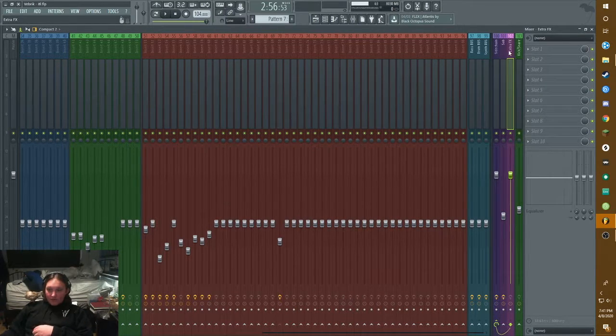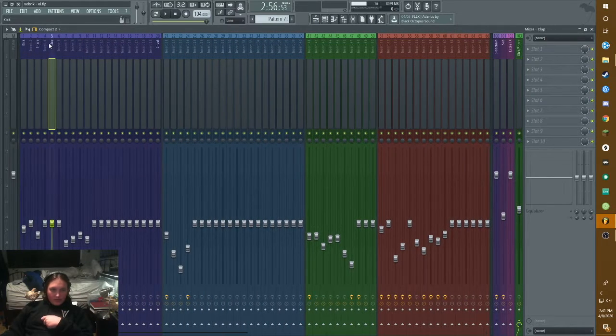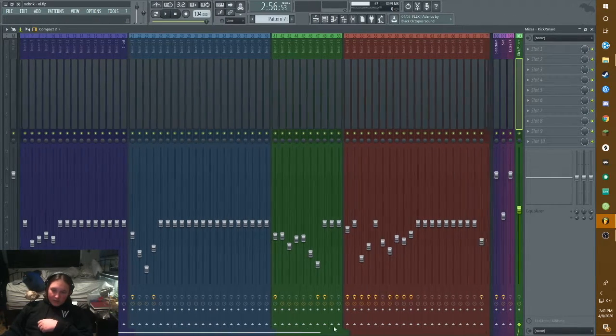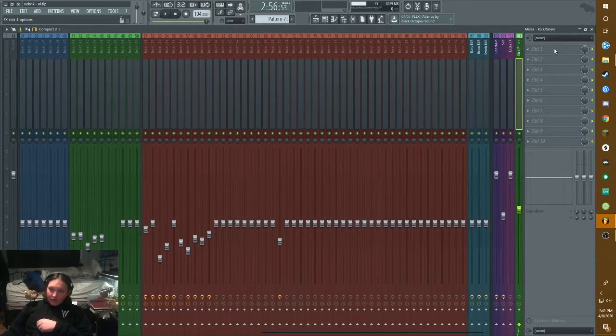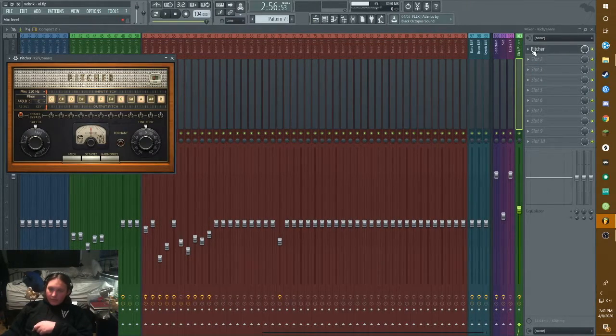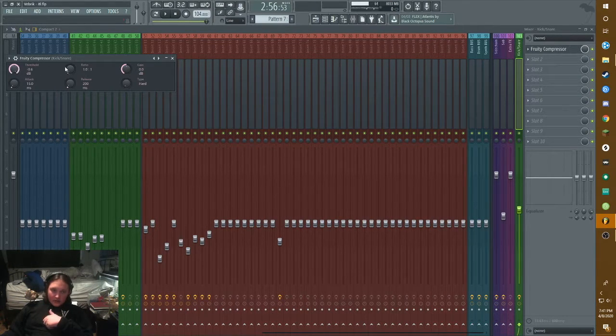And then we have an extra effects channel, which I use for stuff that doesn't really fit into any of these 3 categories here. And the kick and snare, so basically these 3 get routed into here, and I usually have some extra compression just to keep the dynamics in check, but it didn't really need it in this case. In most other tracks, though, I usually pop a compressor on here. Not a Pitcher, just a Fruity Compressor, adjust the threshold, ratio, drop the attack, adjust the gain, put it on hard R because, you know.